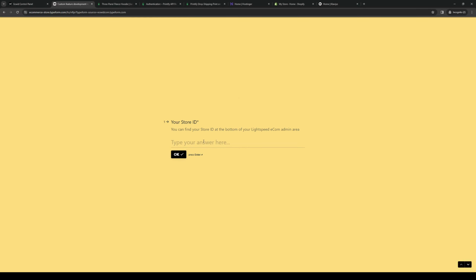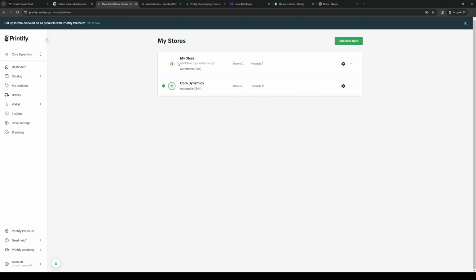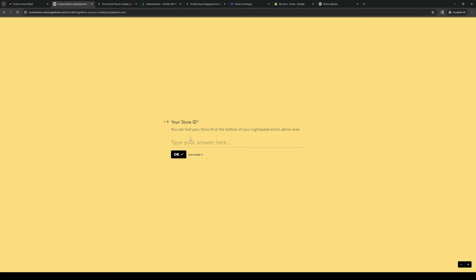Then you would want to add your store ID to Ecwid. To do so, go back to Printify's website, click on your store name, click on Manage My Stores, and then copy the URL or domain name for your store over to Printify. By creating an API, you actually make the connection between the two platforms. So if I were to copy this, like so, go back there, paste it here, remove the My Shop entry,